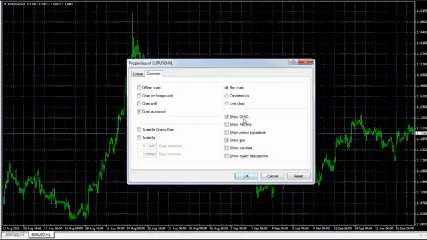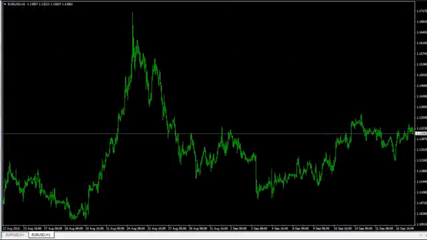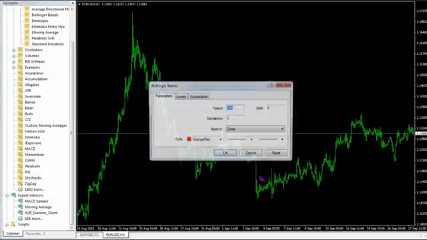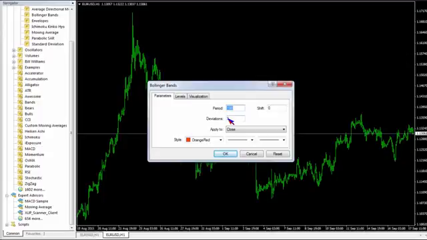Okie dokie. Get rid of the grid. Gonna view Navigator one more time. Gonna go to Bollinger Band. We're gonna pull them in. So I had already done some work here, but let's just go back to do the